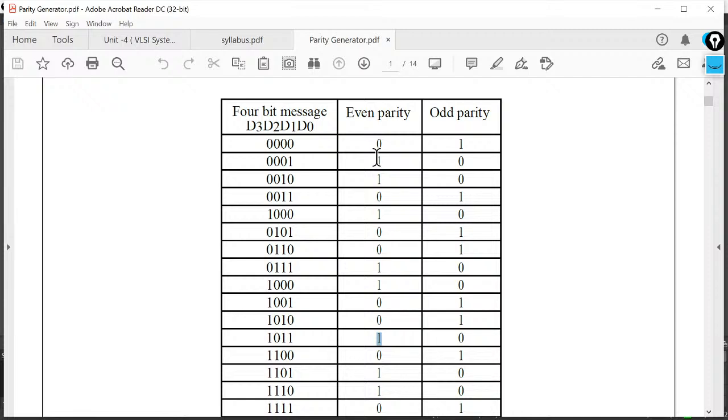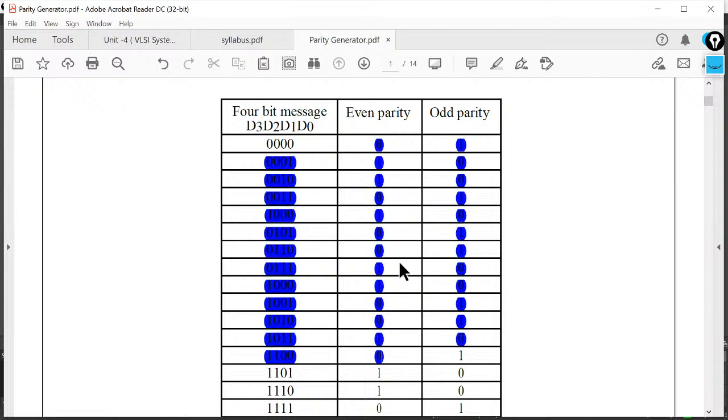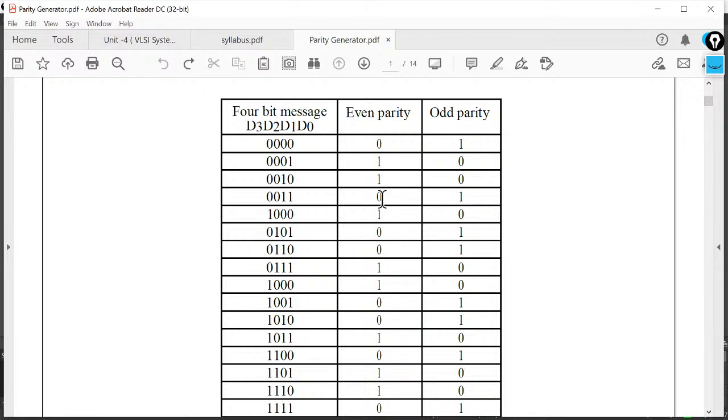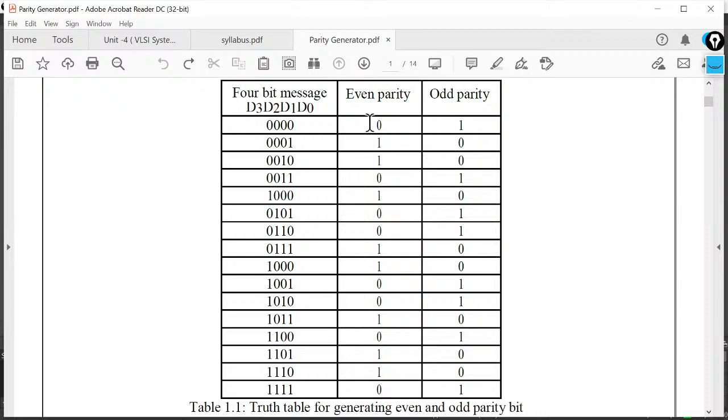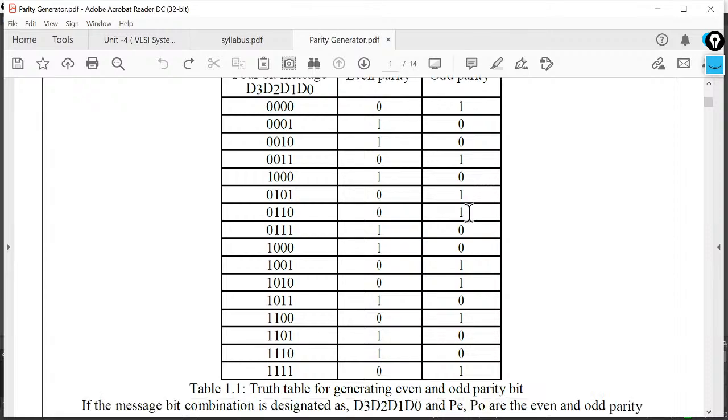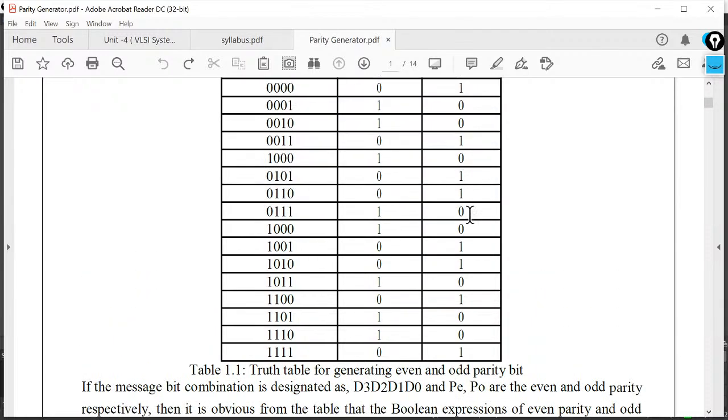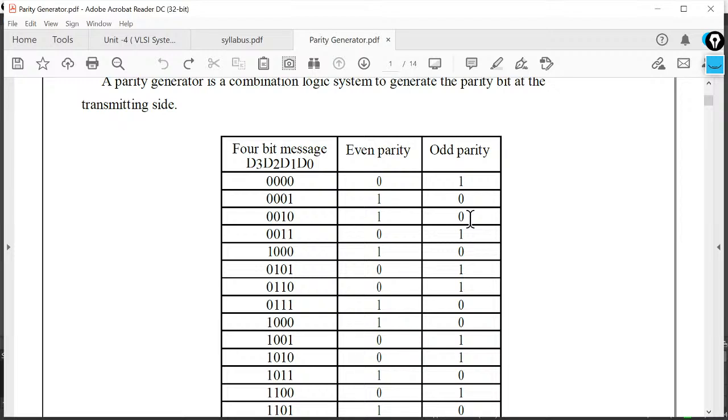So we can say that if we find the even parity, that is 0 1 1 0, then after getting the even parity, if we take the complement, we can easily get the odd parity. If we get the even parity, by taking the complement we will directly get the odd parity. So if we want to represent it at the gate level,